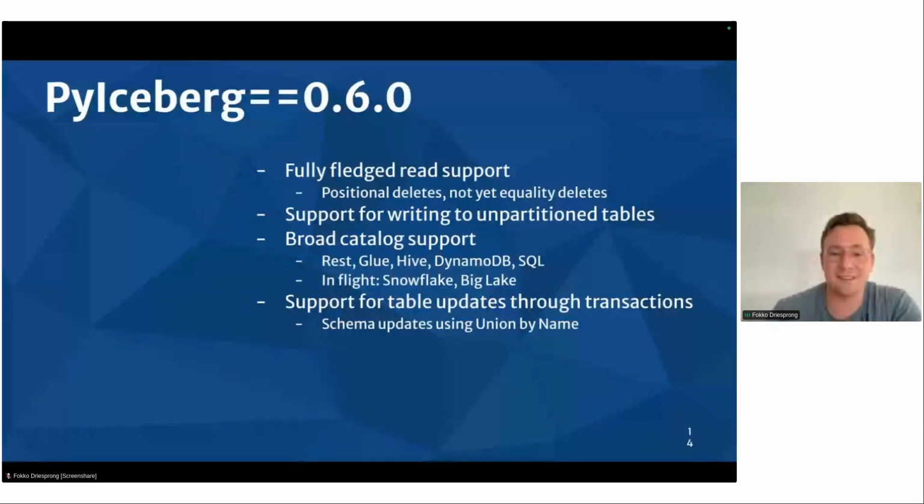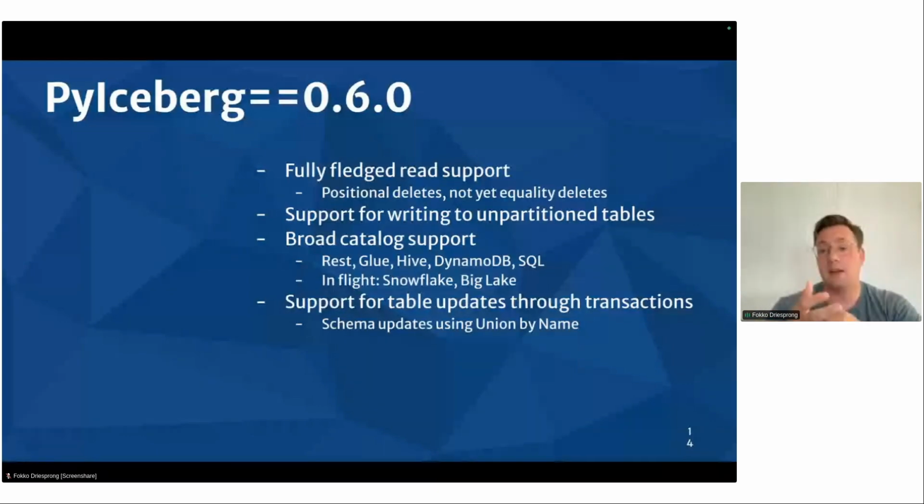So we look back. Now we're going to look at where we are today. Today we have full-fledged read support. This includes positional deletes. So if you do merge on read deletes, which means that sometimes you're in a streaming situation and you don't want to rewrite a lot of the Parquet files, positional deletes will tell you this Parquet file, this position, this row should be considered deleted. So you just put a mask on top of it. And for equality deletes, you will say, okay, this predicate, for example, if you think about it as a traditional database, this primary key is being considered deleted.